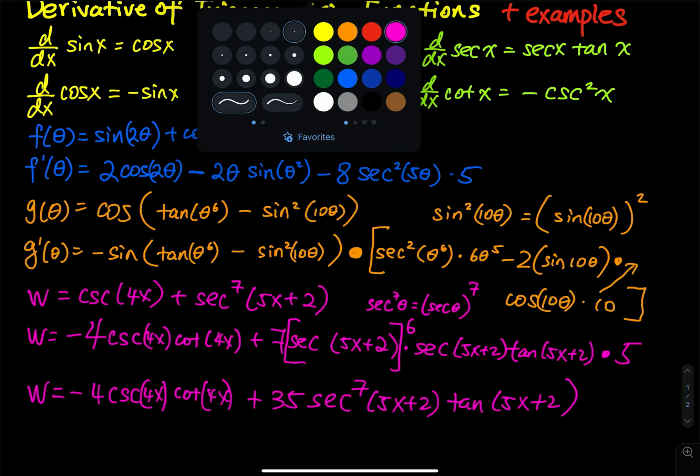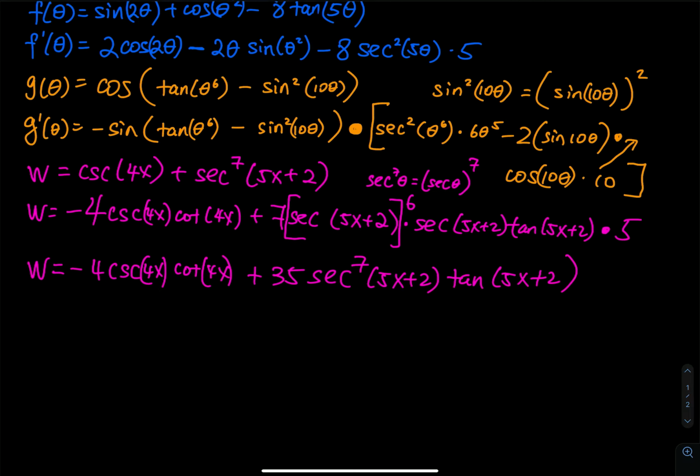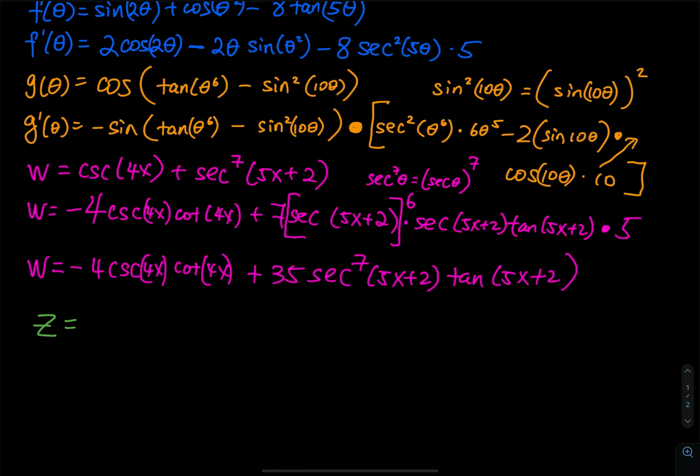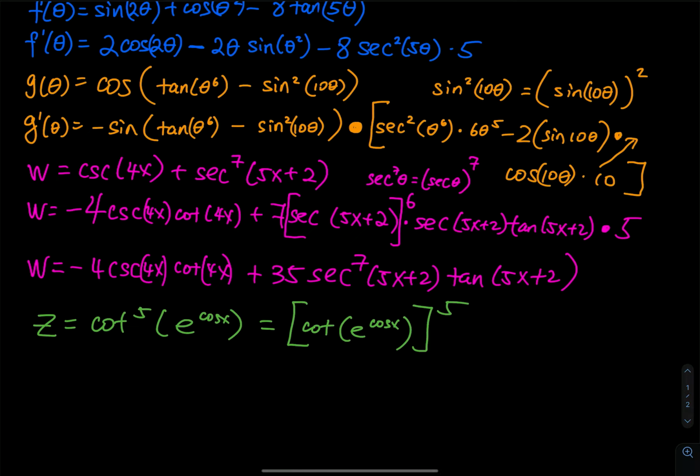So number 4, I'm going to use a different color. For number 4, we have z equals cotangent to the 5th power, and then e raised to the cosine x. Yes, cosine x. So that is the same thing as you raise the 5th power right over here. So you have cotangent of e to the cosine x. So z prime, you bring the 5 down, so you have a 4th power, right? So this is cotangent of e to the cosine x,